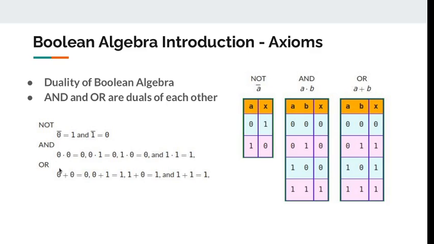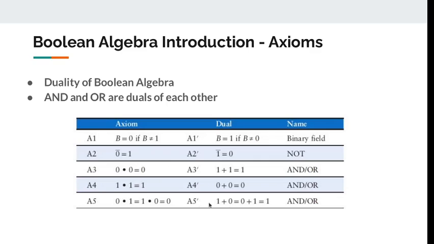Another operation that we're going to define here is the OR operation. Another way to define this operation is: if one variable or the other, A or B, is true, my output is true. So 0 or 0 is 0, 0 or 1 is 1, 1 or 0 is 1, and 1 or 1 is 1. The textbook has a really good